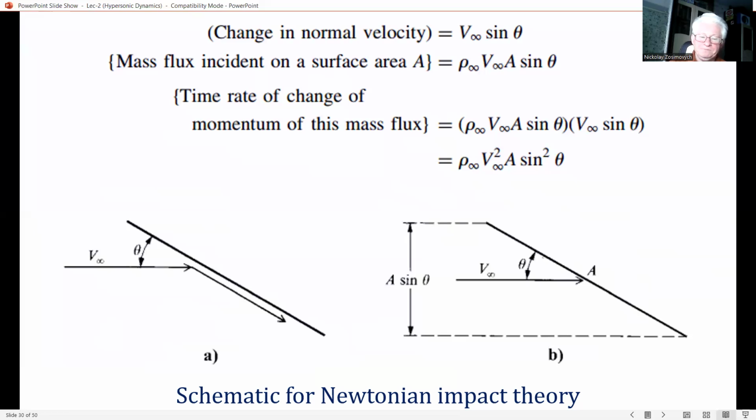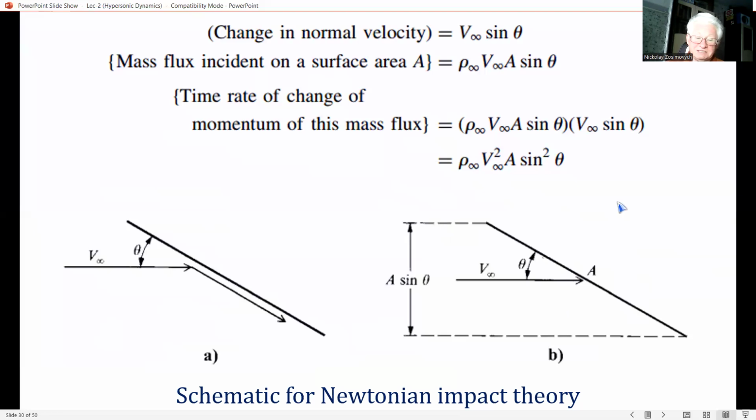And this picture is illustrated in this slide, which shows a stream with velocity v1 impacting on a surface area A, inclined to the angle theta,